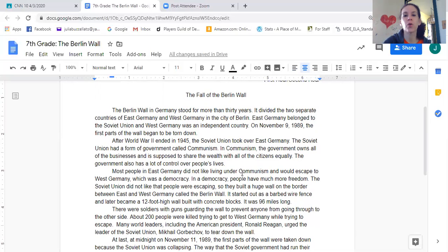If you're wanting to quote something from a website, you need to make sure you put quotation marks around it and then that you cite the source, just like we do in a CER. And we're going to be practicing more CERs when we get back as well to make sure you don't lose that, because that's a really important thing. And we've done the CERs in class. So you have the quotation marks at the beginning of the quote, at the end of the quote, and then when you're done with the quote, in parentheses, where did you get it from? Because those are not your words. You have to give credit where that's due, okay?